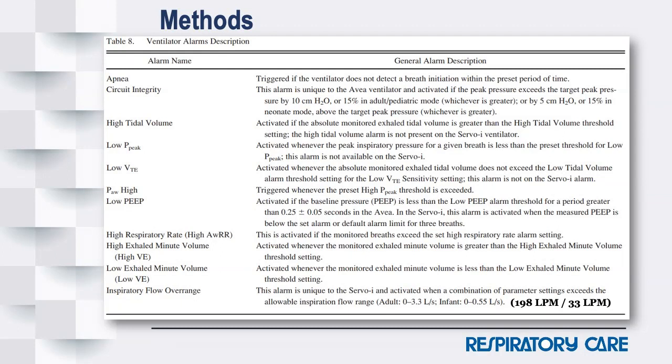The two that I really want to point out, in case you don't have ventilators that have these alarms, there's one near the top that says circuit integrity. The circuit integrity is a proprietary alarm, and it basically is looking for an occlusion and also potentially to some extent a high pressure alarm. So that's the circuit integrity alarm. Proprietary on one of the ventilators, and then the bottom alarm is inspiratory flow over range.